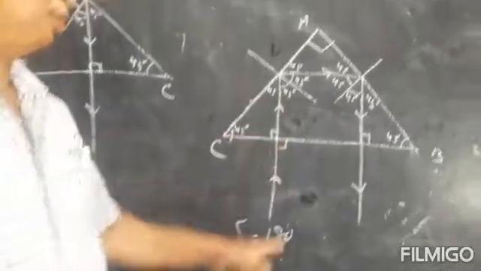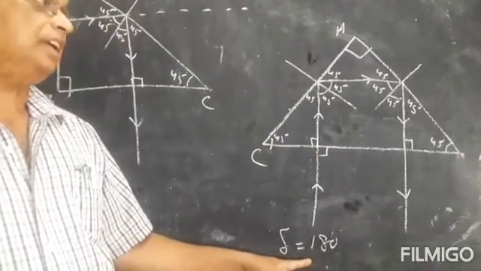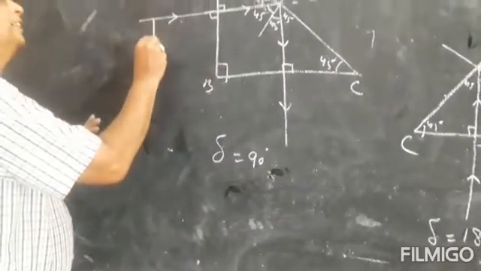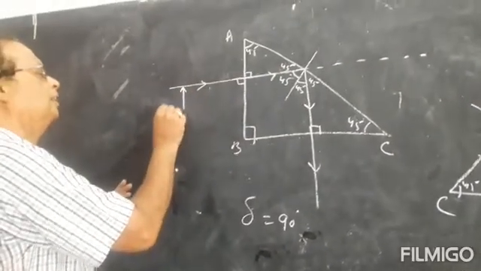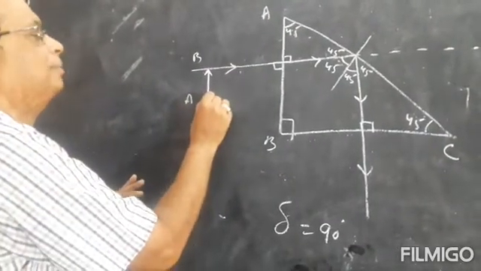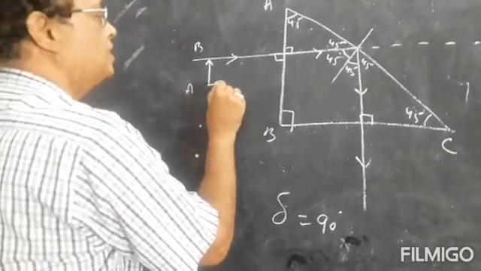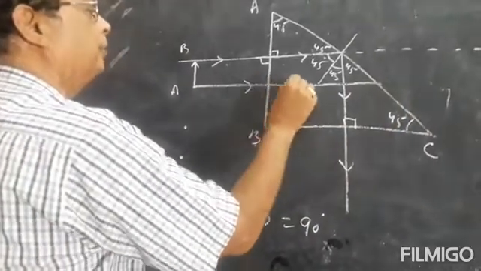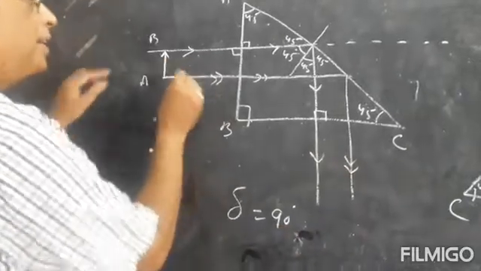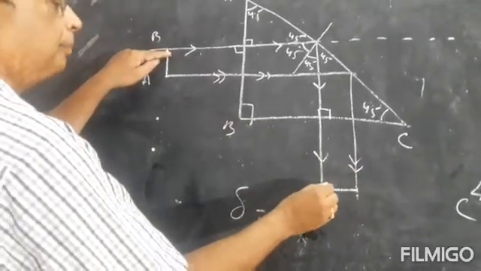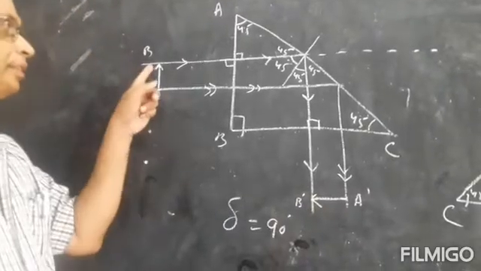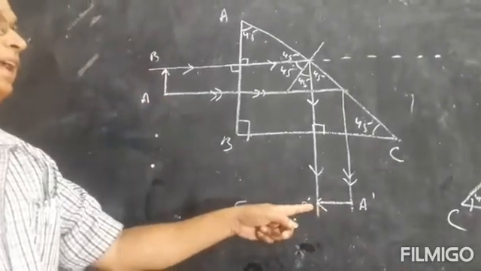The ray is deviated through 180 degree. Clear, students? Now if you take an object here, so this is an object, then how the image will form? AB is the object, say. In order to get the image, you have to take another ray from here. So this ray will pass this way and will come out like this. So the image will be this. This is the image A dash B dash. Clear? If AB is the object, image will be A dash B dash.